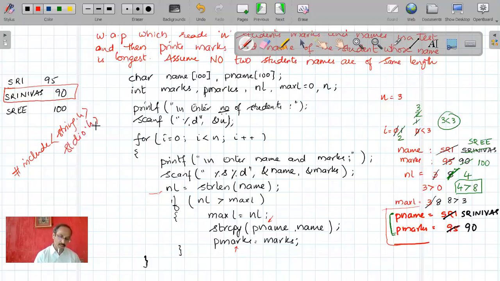We all know we are regularly including stdio.h. Now apart from stdio.h, because we want to find out the length of the string using a string function, we need to include string.h also in our program code. Try this code.